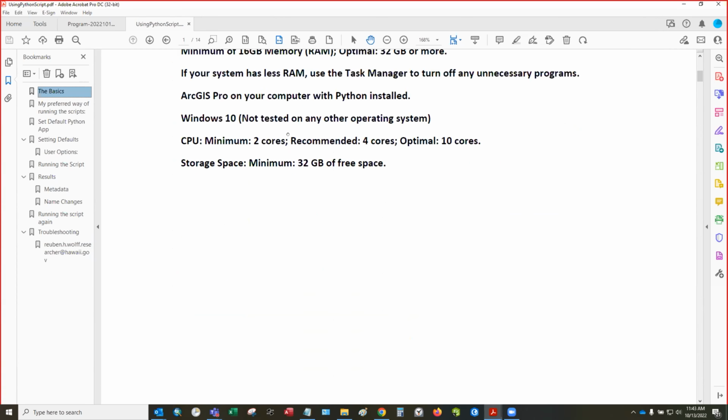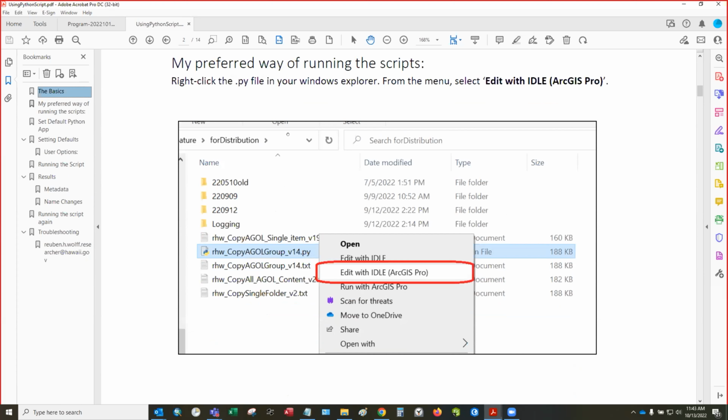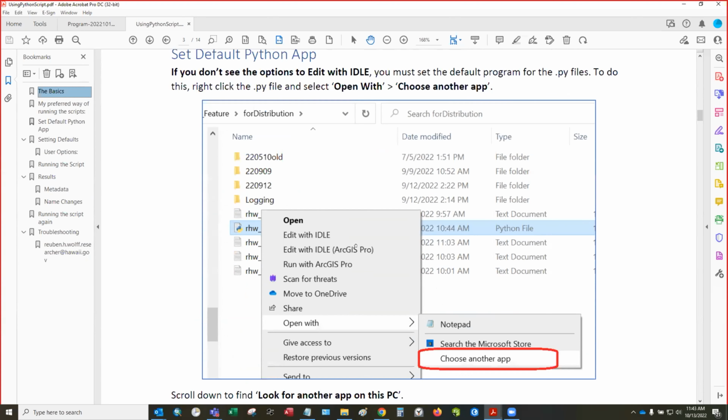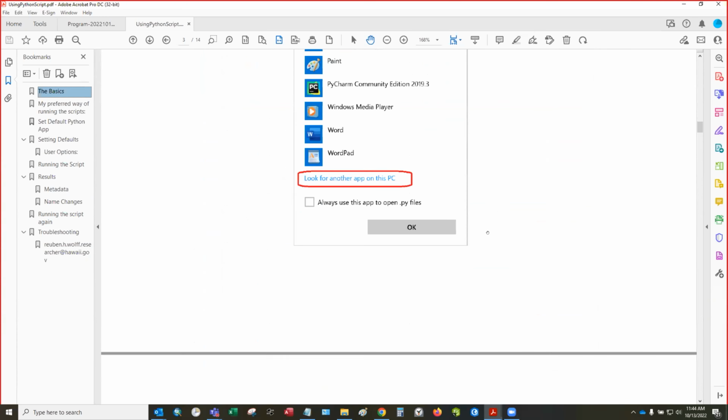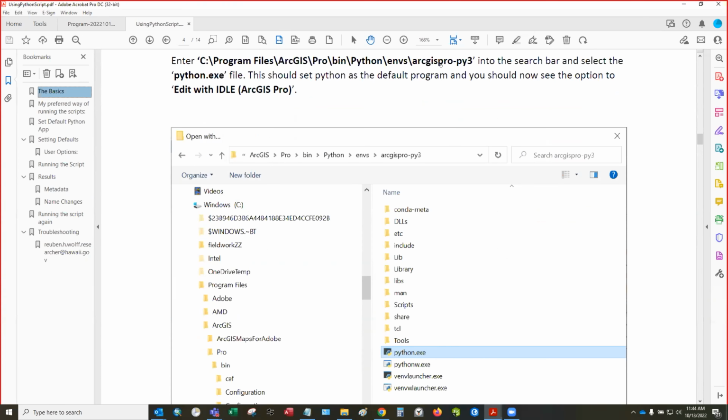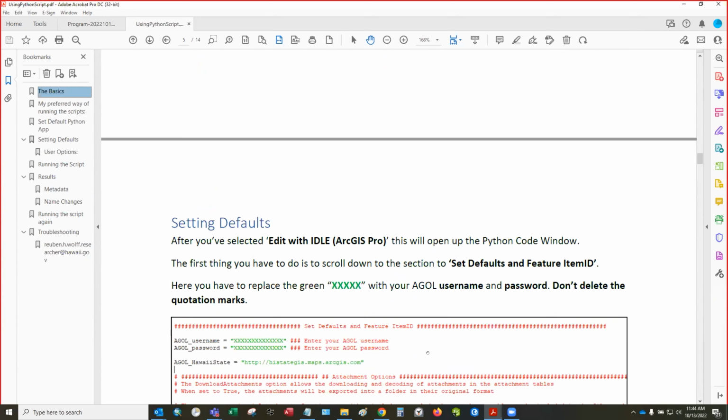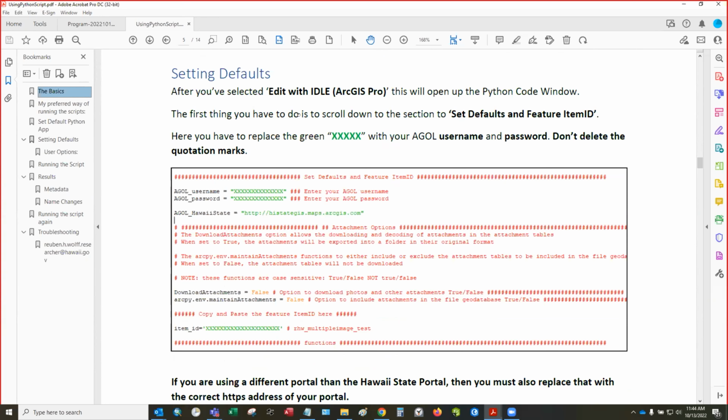And this is just a basic way of how I like to run these programs. It's basically a right click on this Python script, and you select Edit with IDLE ArcGIS Pro. If you don't find that on your machine, you have to set the default app. This handout tells you how to search for the app, and you go to ArcGIS Pro 3 and select the Python extension, and then it will run the app. So within the Python code, and I'll give you an example,